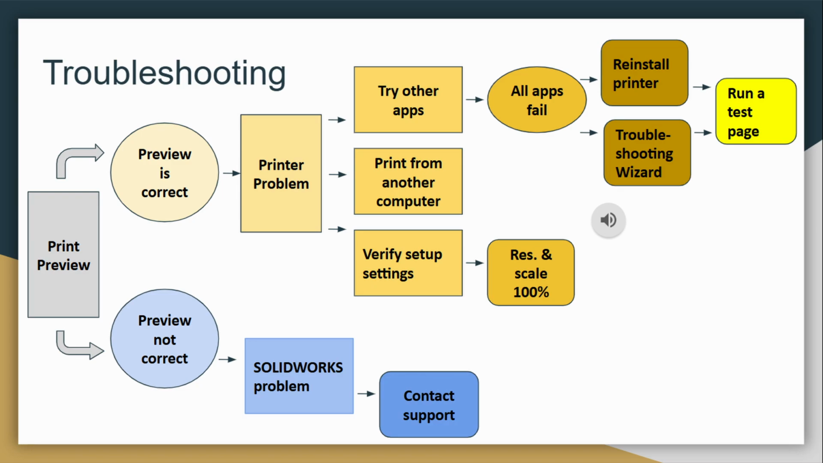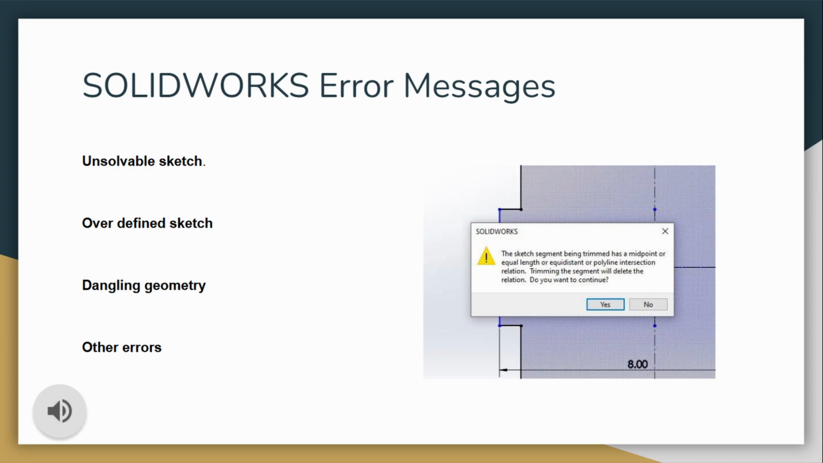If the print preview is incorrect or does not match the desired product, then there is an issue in SOLIDWORKS, and you must look for error messages or contact support. Common SOLIDWORKS error messages include unsolvable sketch, sketches with dimensions that result in impossible geometry, overdefined sketch, sketches with redundant dimensions or relations, dangling geometry, dimensions or relations to geometry that no longer exists, and thousands more. There are many error messages in SOLIDWORKS, which is why it's important to turn to user forums and wikis to